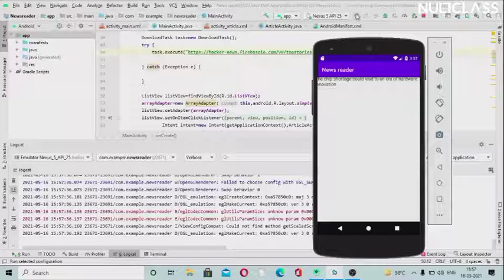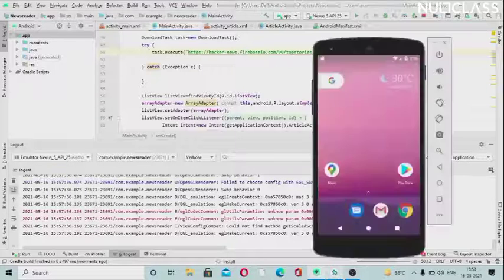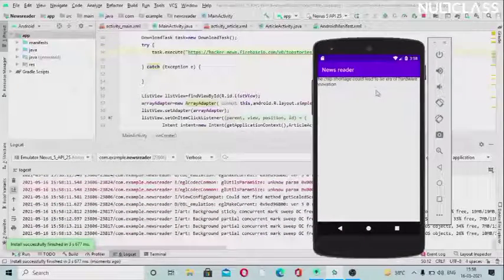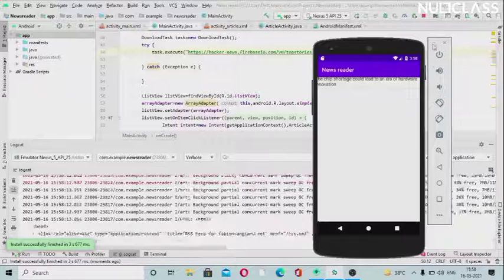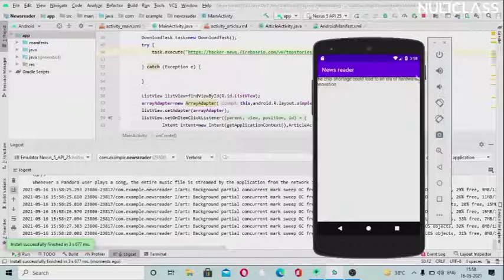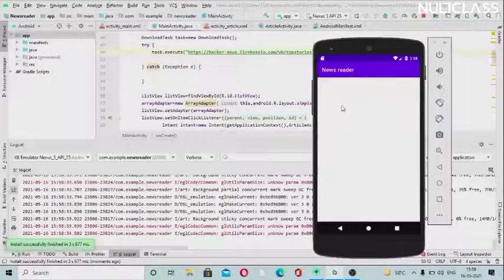If you do this and I run this again, it will start running the code from the beginning, and the whole lot of code will run here. After some time you will start seeing news appearing. Now that I have started from the beginning, you can see it will begin from here. After some time we are getting some news. So you will wait a few minutes, then you will get the new news here. I have just given you a sample of one news here, and after some time you will get the news elaboration here.